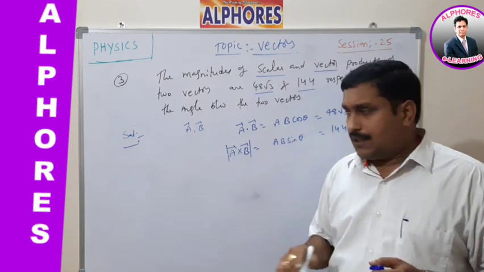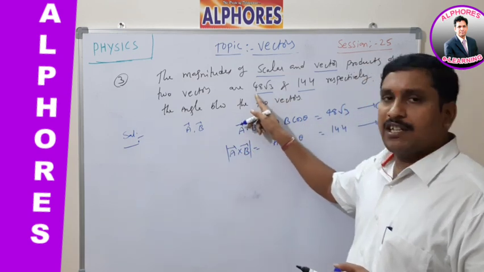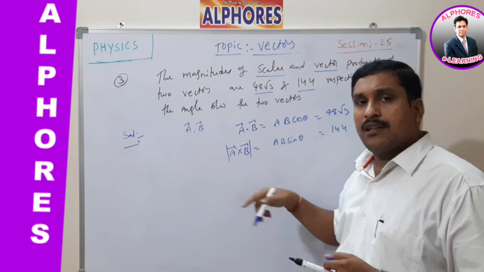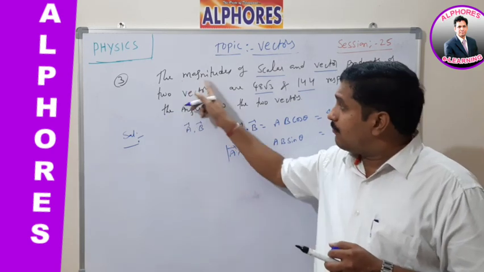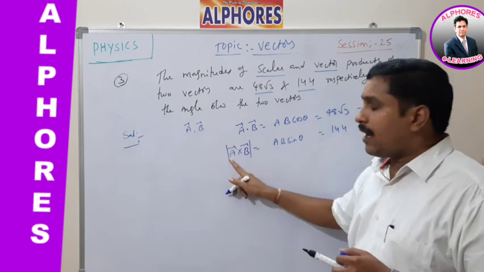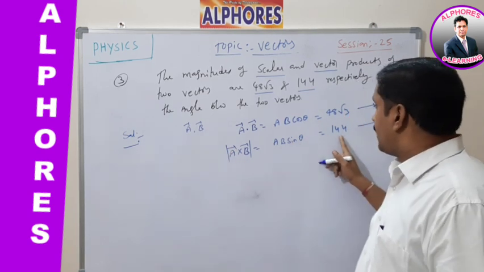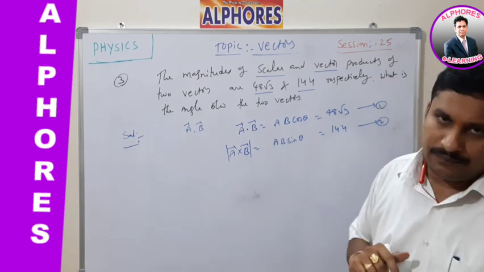According to the data, they are giving two equations as per the dot product and cross product. As per the dot product, A bar dot B bar is equal to AB cos theta, which is given as 48√3. According to the cross product of two vectors A bar and B bar, which are inclined at angle theta, the magnitude of A bar cross B bar is equal to AB sin theta. That is equal to 144. This can be taken as equation number 2.